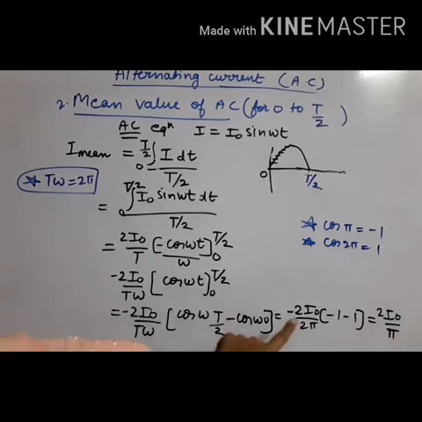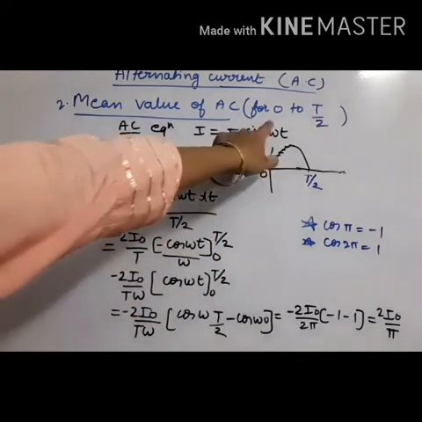So now outside the bracket also it is of use because it is not cancelling now. So minus 2 I0, with T omega as 2 pi substituted. This 2 is getting cancelled, but already 2 is coming from the bracket also. So minus minus plus 2 I0 by pi. This is the answer of the mean value of AC for half time interval.